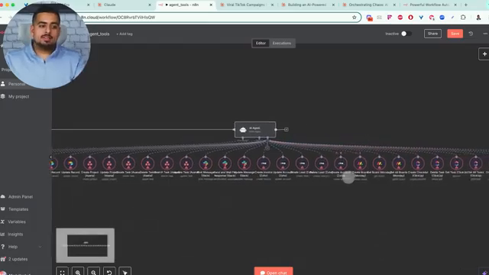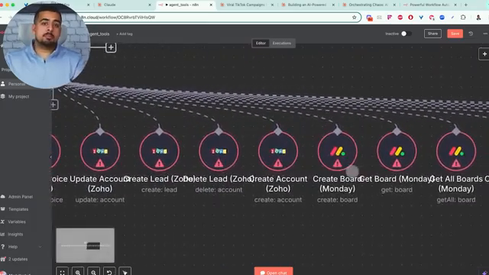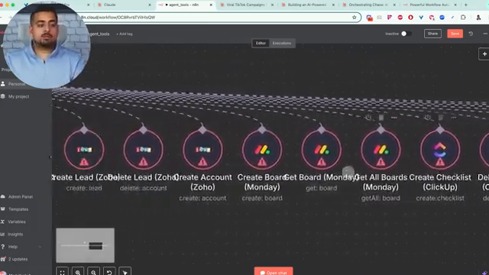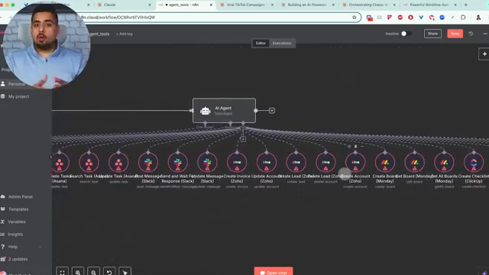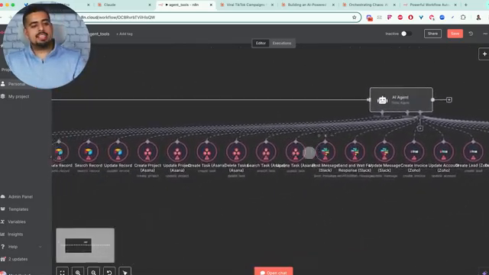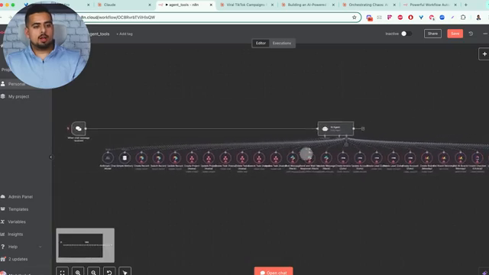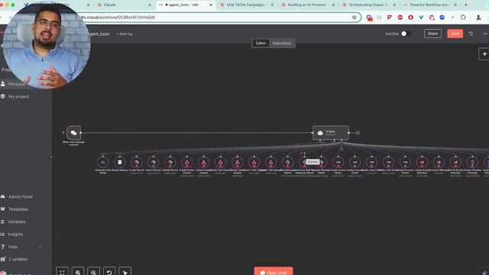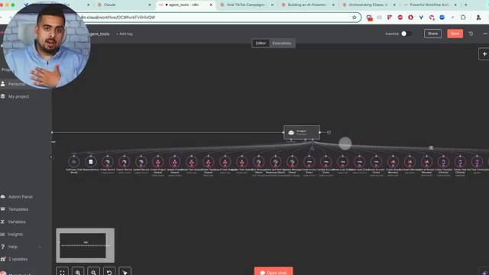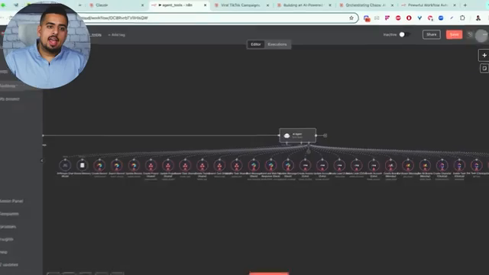And knowing that a lot of these different services, like Zoho, like Monday, like ClickUp, which are actual services that most businesses use, not all businesses use Airtable, and not all businesses use Google Sheets. So what happens if you have these kinds of tools in your toolbox? Well, if we can't use web search reliably to understand how to attach these to the agent, and if we don't have a knowledge base we want to constantly feed of examples of workflows with these exact tools, what we could do is just put all of the tools that we care about, attach it to one agent,